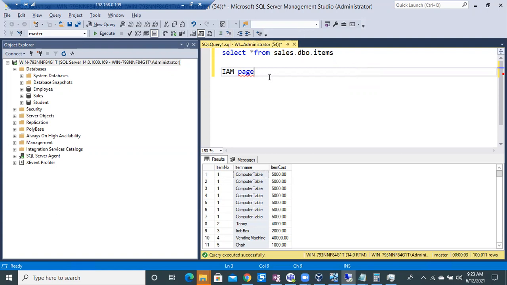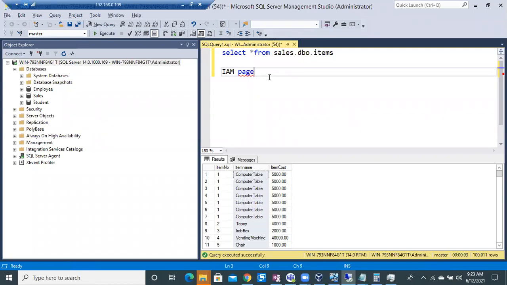The IAM page will simply track all the pages allocated or used by a single object. The index allocation map tracks the allocation status of each and every table. If the items table is using 1 lakh pages, these are all the page IDs that are used by the items table.